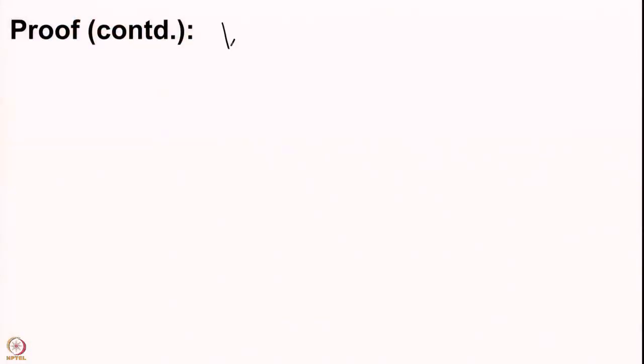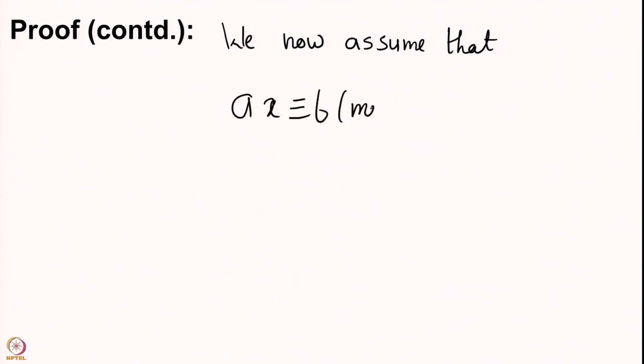So, we will start with assuming, we now assume that Ax congruent to B mod n has a solution.